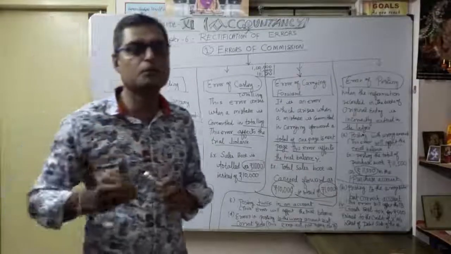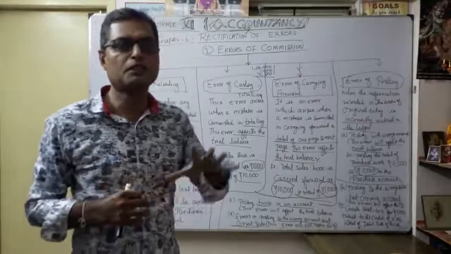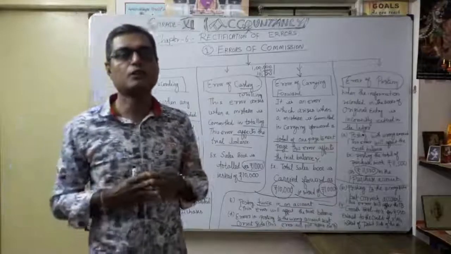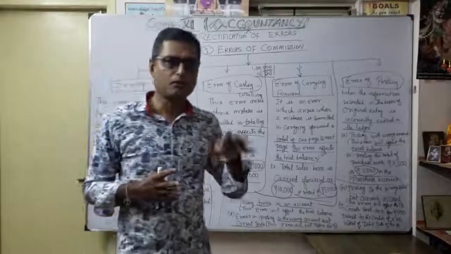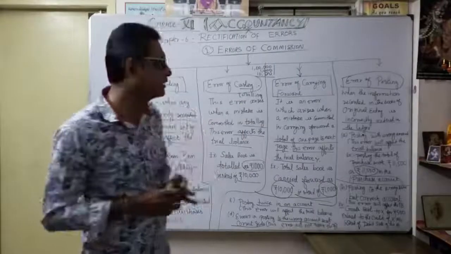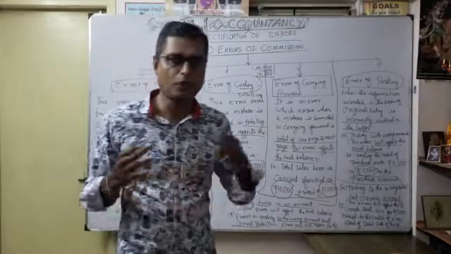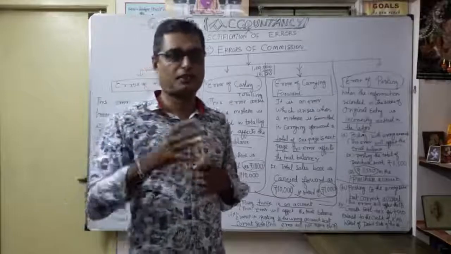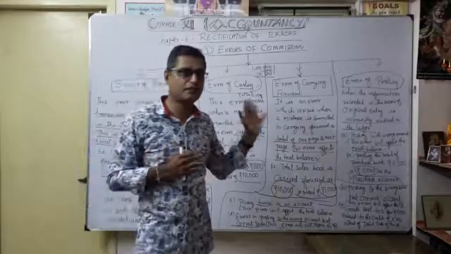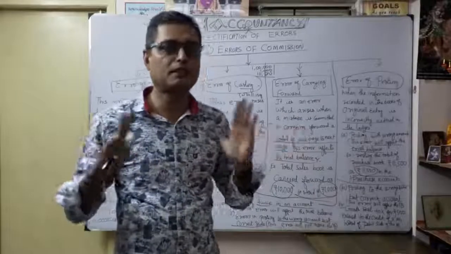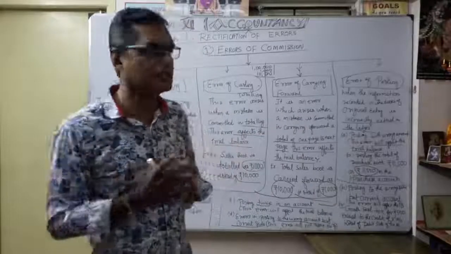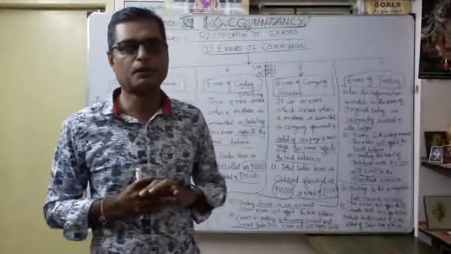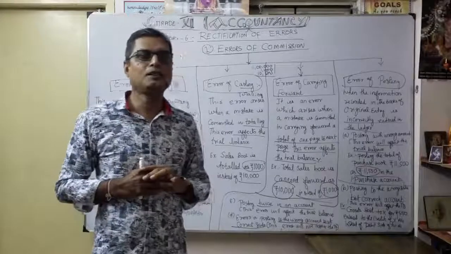This is very, very important for the remaining video classes on rectification of errors. It's a very interesting one. Once you are strong in the formation of journal entries and the recorded journal entries, then this chapter is very interesting. I will give an example: suppose you are strong in cooking, you know how to taste and check whether the food is correct or not. In the same manner, you should be strong in the formation of journal entries and ledger posting, so that you can identify the errors later under the four types of error: error of commission, error of omission, error of principle, and compensating error.